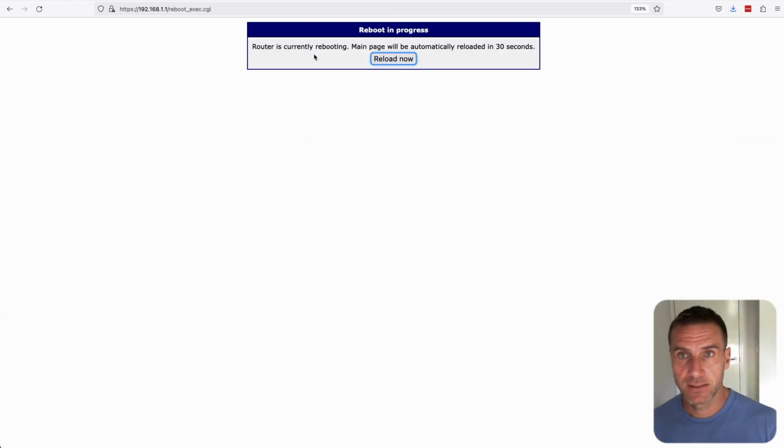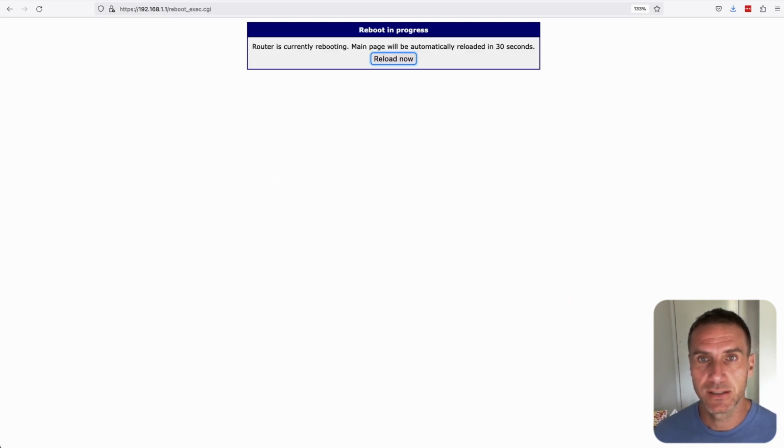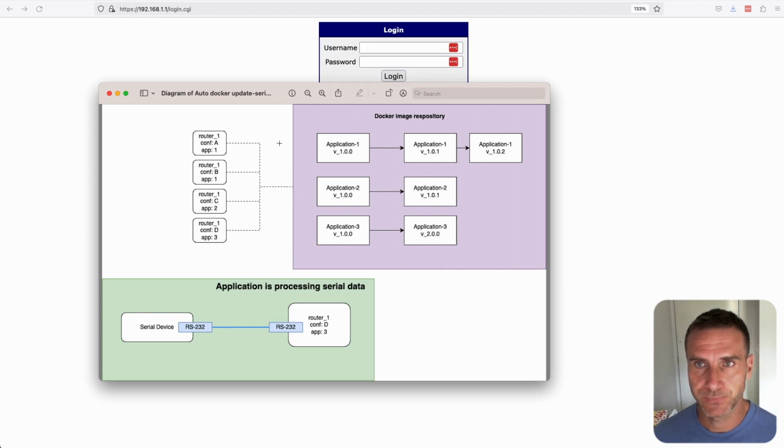This is relatively fast on these units. Those 30 seconds is a very realistic time estimate there. So as you can see, this is obviously not running while we are rebooting, and let's wait for this to happen. In the meantime, let's do a recap of what we are actually doing, while it's rebooting. Okay, so what we are